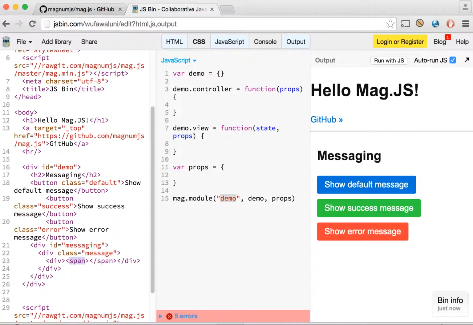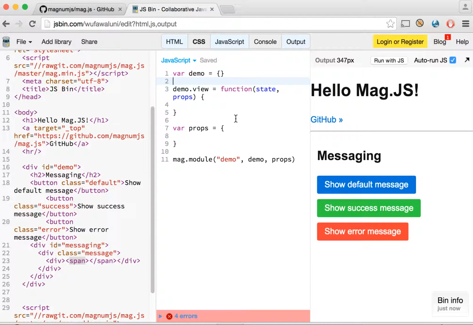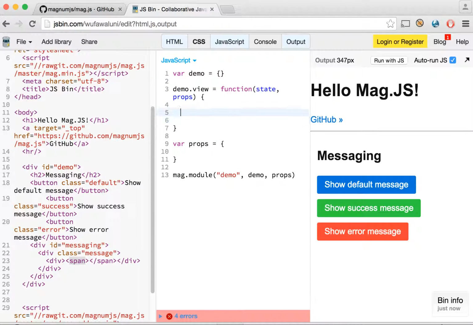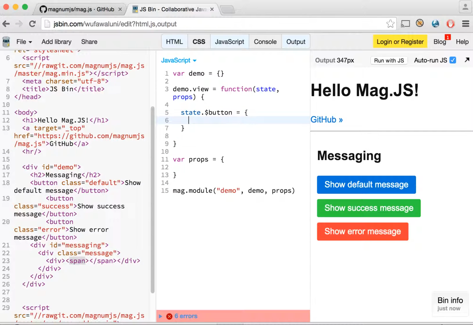Okay, so why don't we get started into our actual code. So I think we should focus on the top level module. So our top level module is our actual initializer. I don't think we're going to need a controller in this case here. But in our view, what we're going to say here is for every button, so we're doing a greedy selector that's denoted by the dollar in front of the selector. And each one, on click,